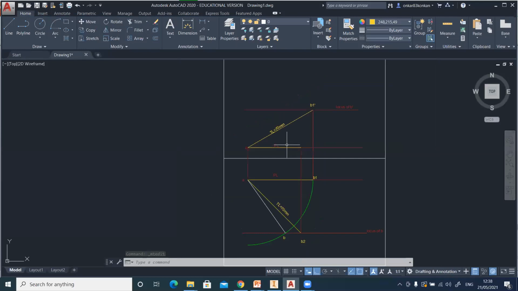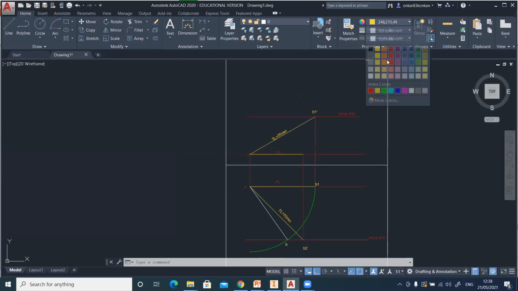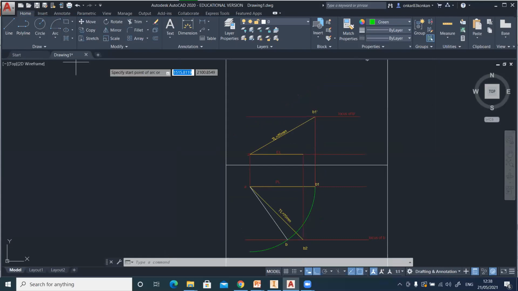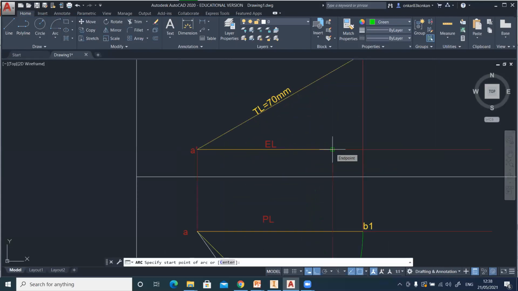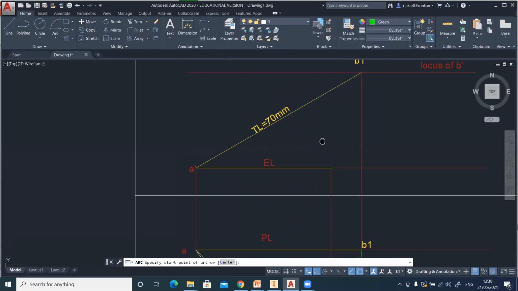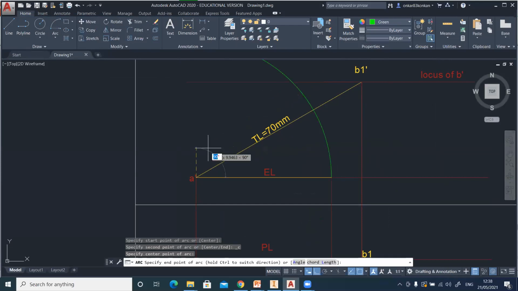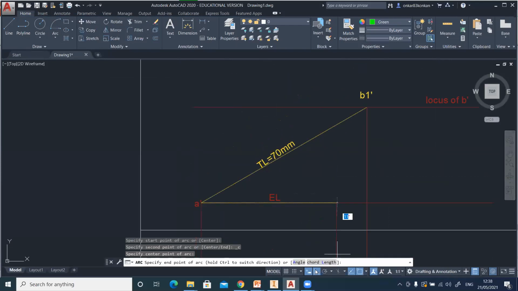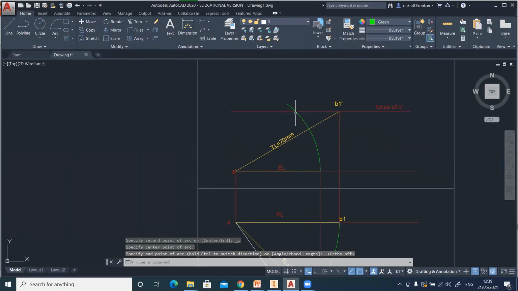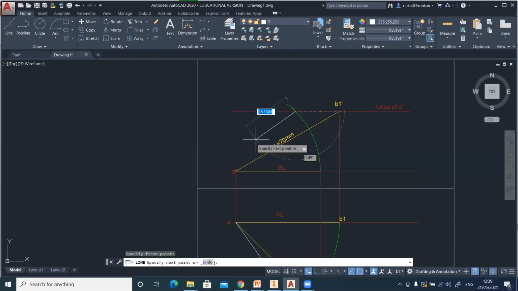So how to find out the actual front view? Take this point. From this point, draw the arc on this locus, taking A dash as a center, like this. Now this point corresponds to the actual front view. So join this point with the point A dash.